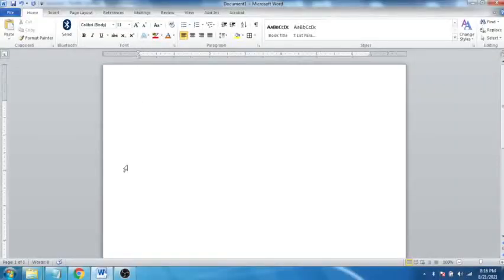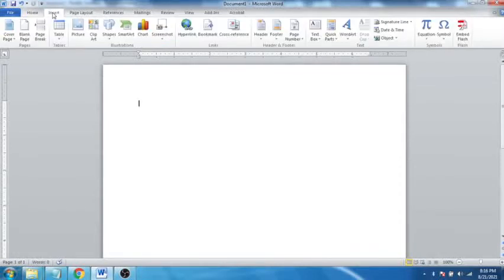Next, we'll learn about the Insert tab. So we'll go to the Insert tab. Under the Insert tab, there are a few groups which we frequently use. Under the Insert tab, you'll find the Pages group, Tables, Illustrations, Links, Header and Footer,